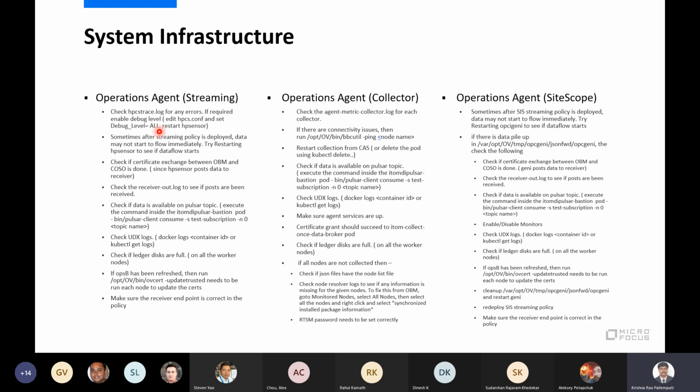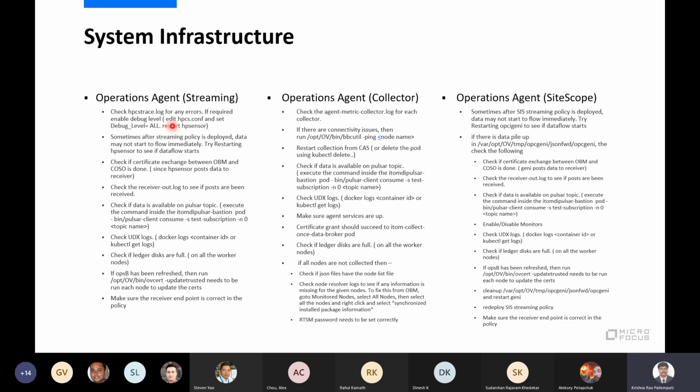This is not exactly related to the OBM suite, but as I mentioned, all these things are agent level debugging. So once the agent level data is there, and there are some errors at the agent level, then we need to rectify them as per the agent specific debug.